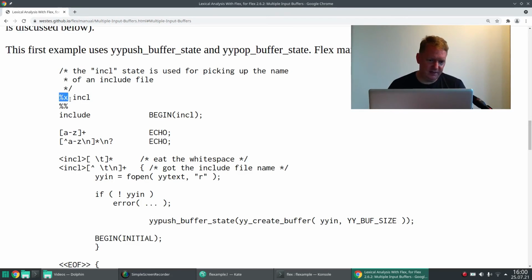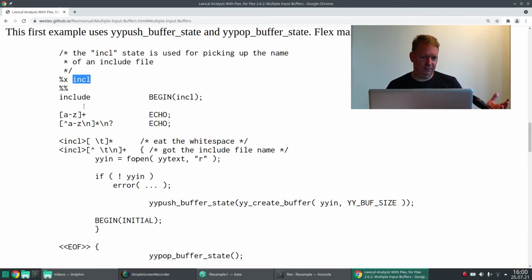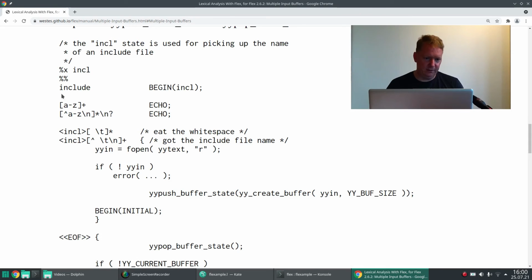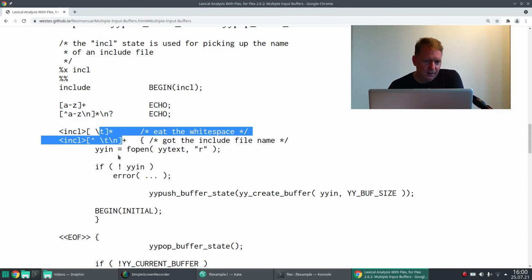So this %x means you have another, basically a second set of rules called incl for this include. And down here you have these incl prefixes in front of your rules, and